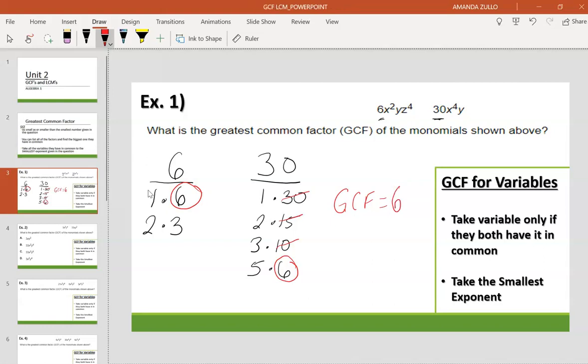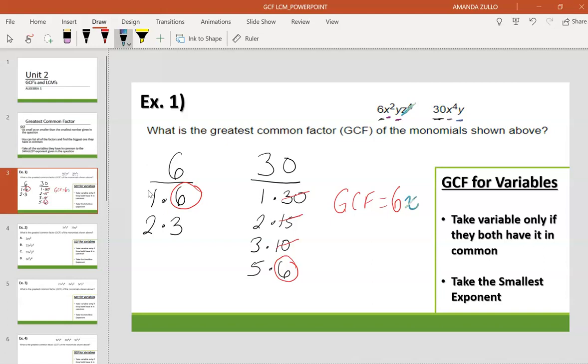Now let's come back up here. Now you're going to find the variables that they have in common. They both have an x and they both have a y. But they don't both have z's. So z is not going to be a part of our GCF. So you're going to take the variable only if they both have it in common. So you're going to take the variable x